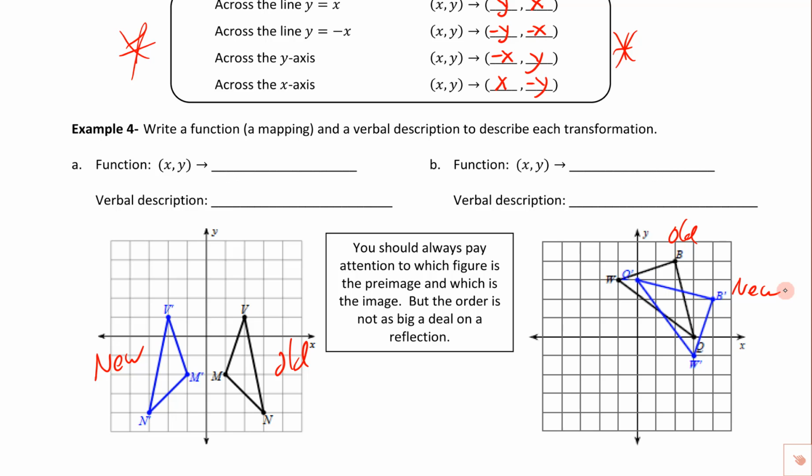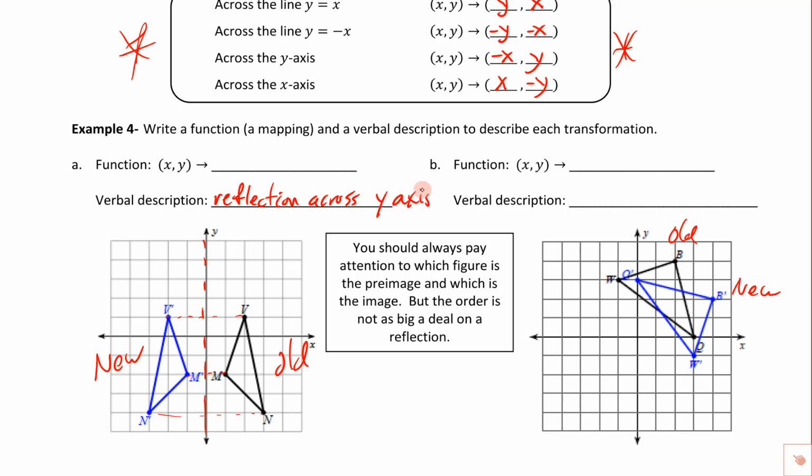If we want to figure out what's going on here, you can draw lines straight between these guys right here. And the line of symmetry would have to be perpendicular and have to meet that at a right angle. So that's got to be this guy right here. That's got to be the y-axis. So we're going to write reflection across